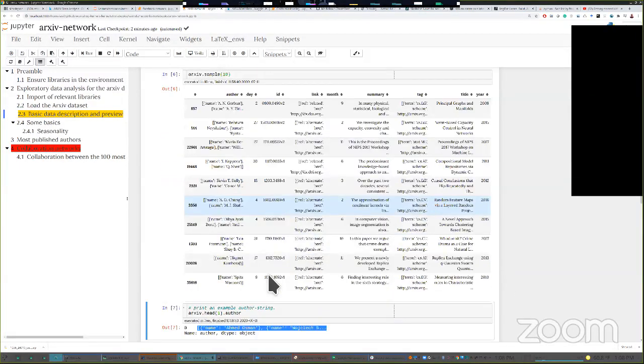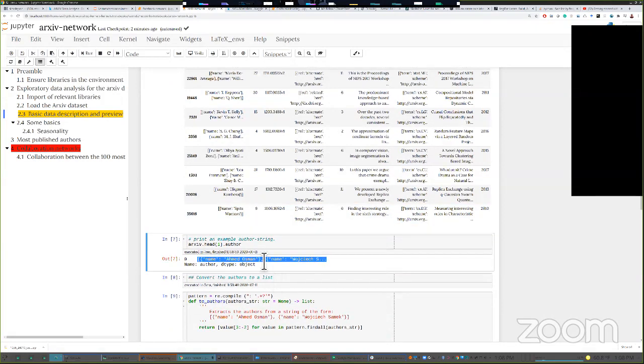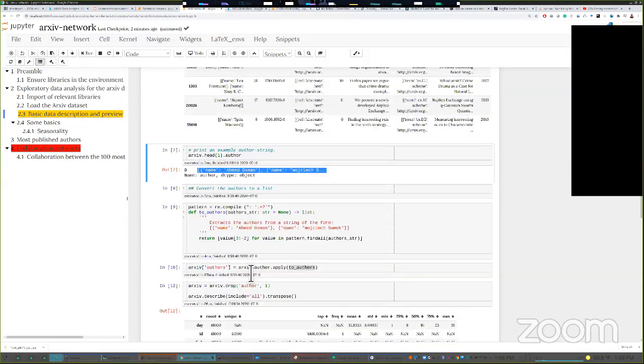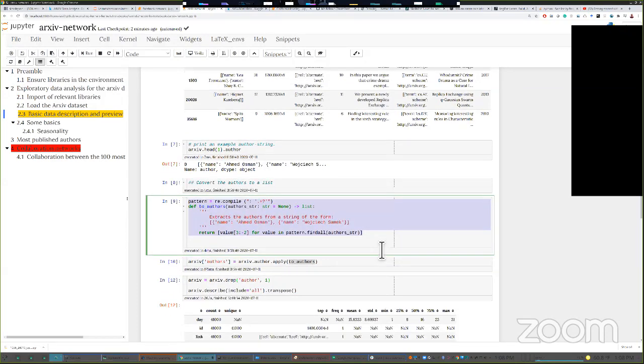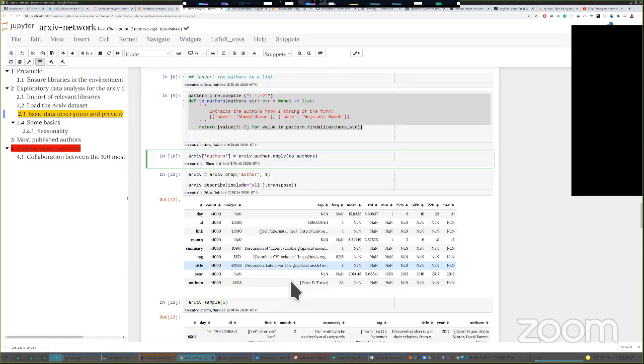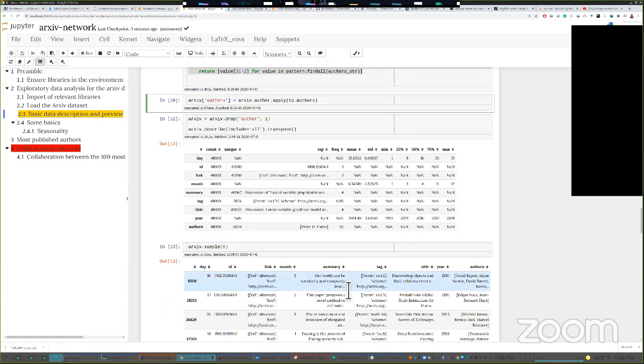So there are many ways in which you can address it. I addressed it this way. Then what I did is I just extracted the names. So now you notice me doing an extraction and creating a new field called authors, where the value is a list, is a proper list of names. Do you see here? List of names, isn't it?